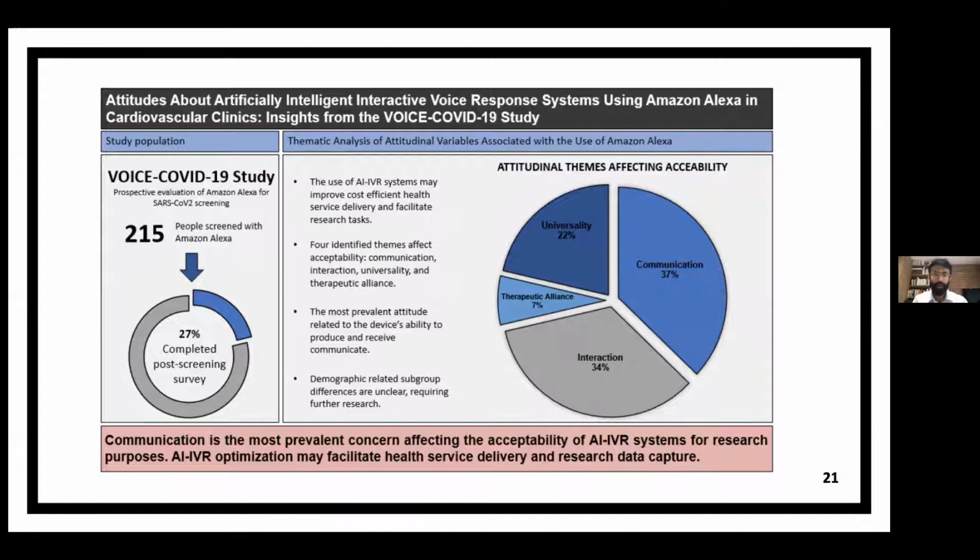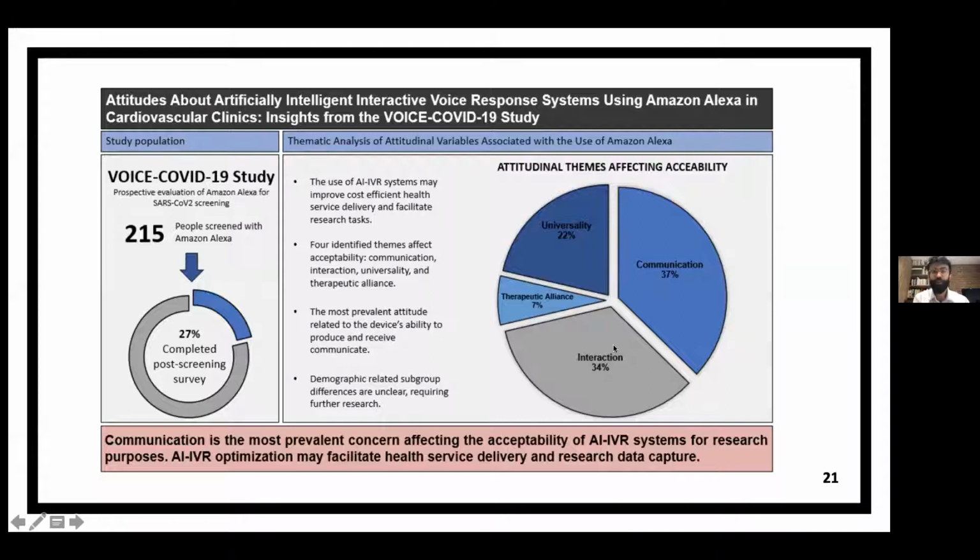Was it terrible? Overall, we found almost 5 major themes. 22% focused around this idea of universality. So people liked it, but would I be able to use it in other locations? 7% had concerns about therapeutic alliance. They didn't feel comfortable with the device. 34% had concerns or questions around interaction, meaning they didn't understand certain things the Alexa was doing specifically. And then the communication, so the actual pronunciation of the words that Alexa was saying, 37% of individuals had questions